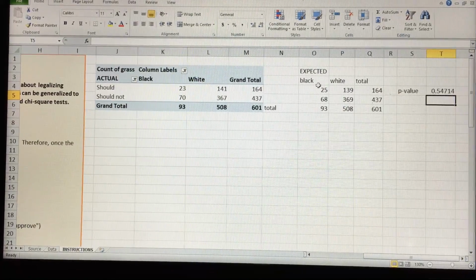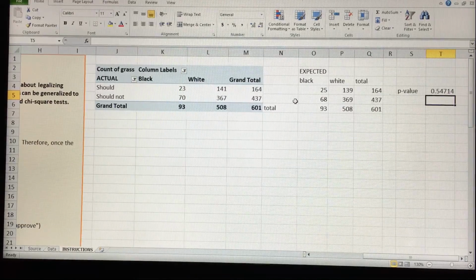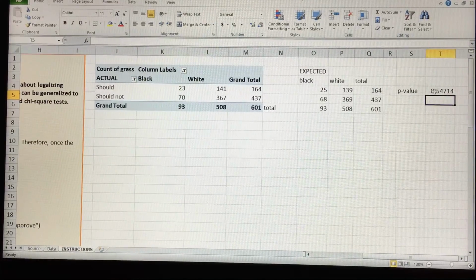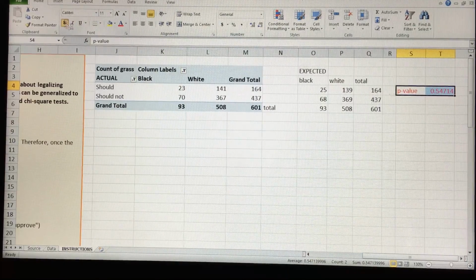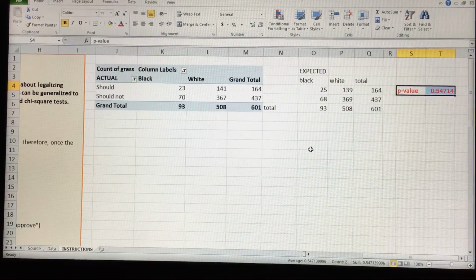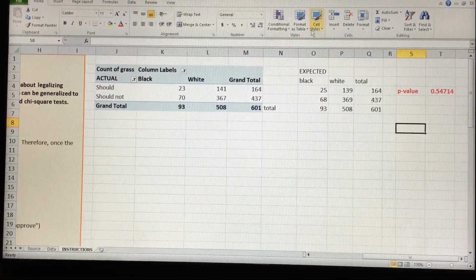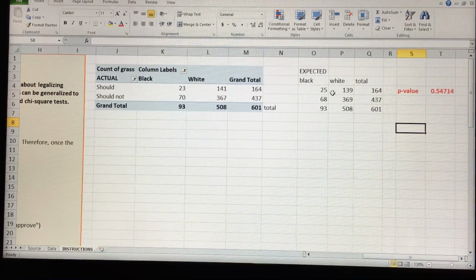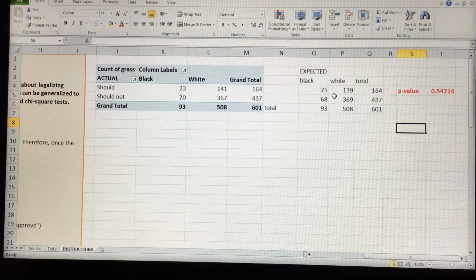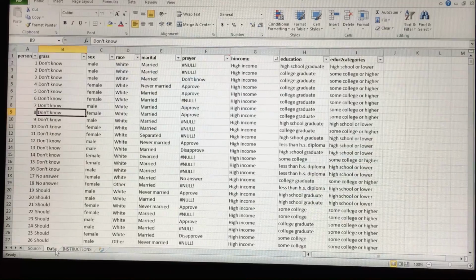Well, there we have it, my friends. There we have it. Our p-value, I think the thing said to make it red and bold. I don't know, just follow the directions. I just want to see it immediately and not have to look too hard for it. So that's our p-value. And then we do that for the other four